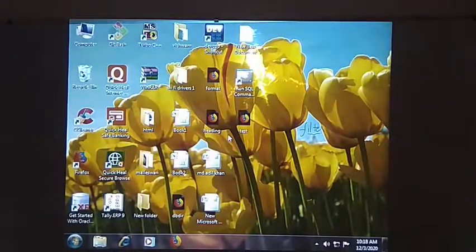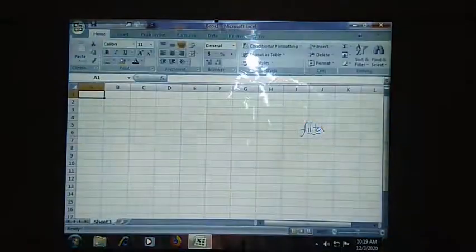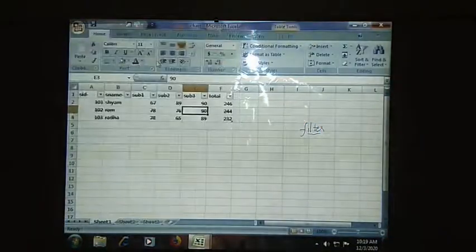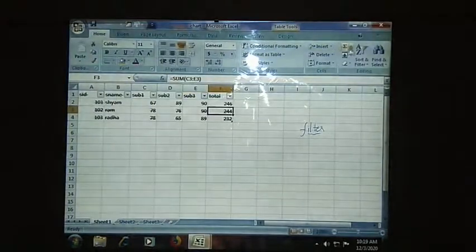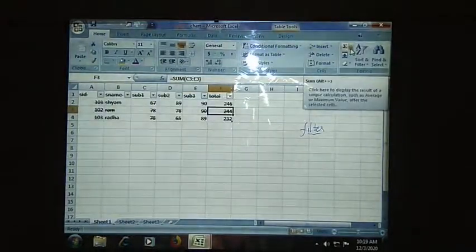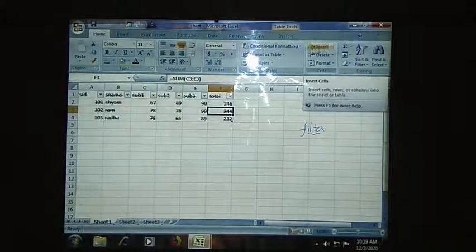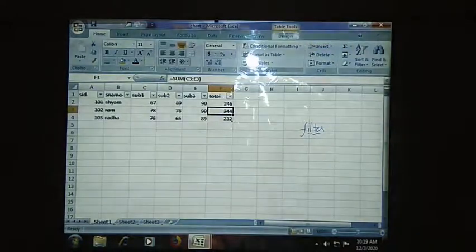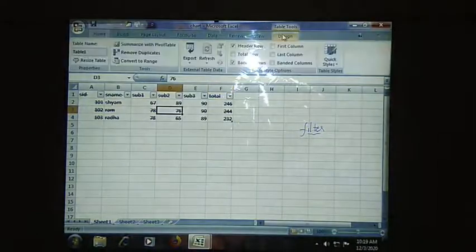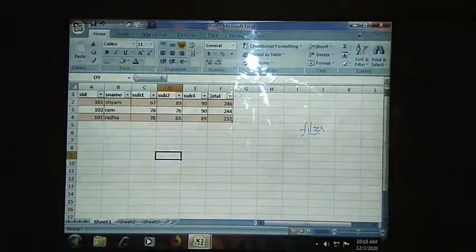Now let us understand this concept by taking an example. Just observe on your screen. I am opening my worksheet in which I have the table. This is our previous table. In this, I will add one more column, that is department, so that I can filter the data according to department. Now I will change the style of this table. I go to design and change the style. Now let us add one more column in this table, that is department.